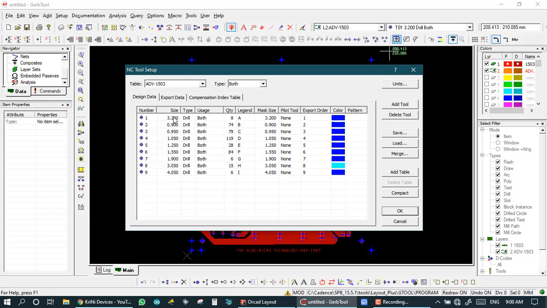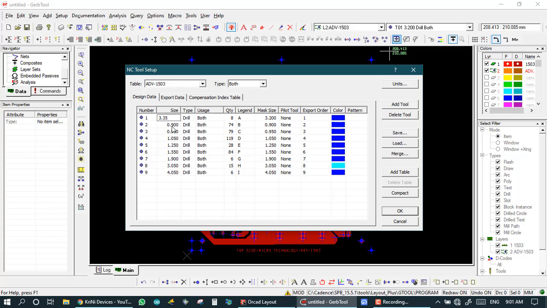If this is a double side job, I add like this: 3.2 plus 0.15, so this is 3.35.